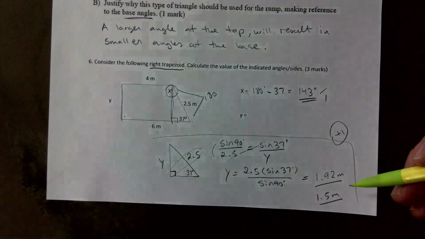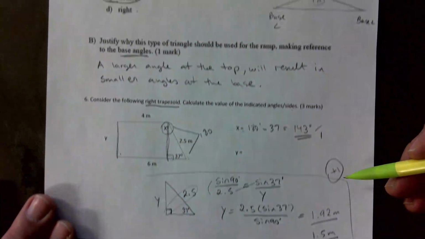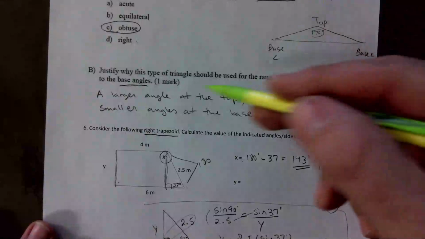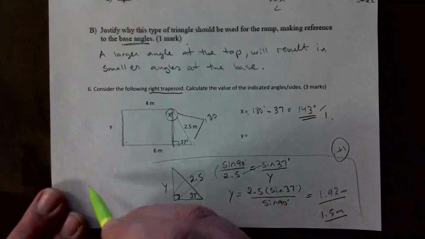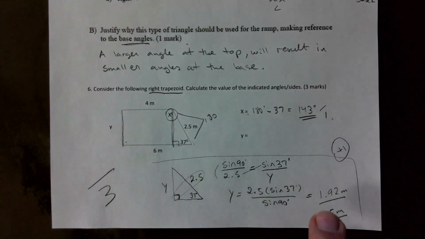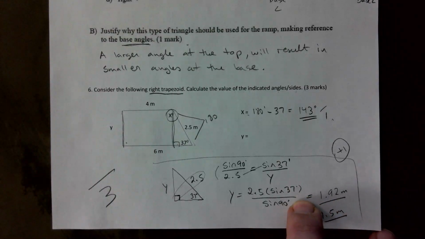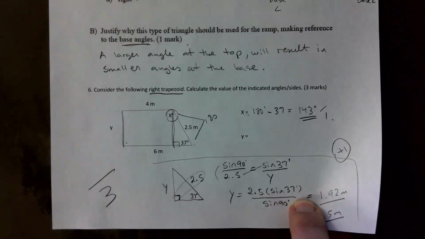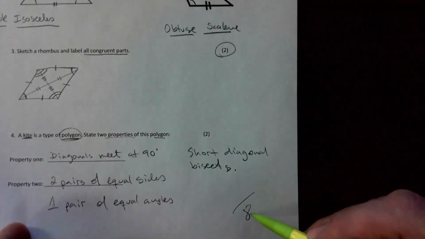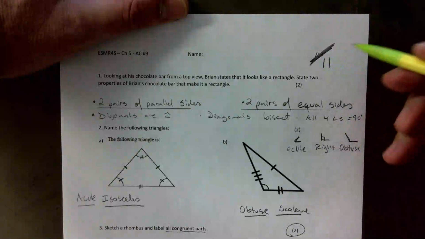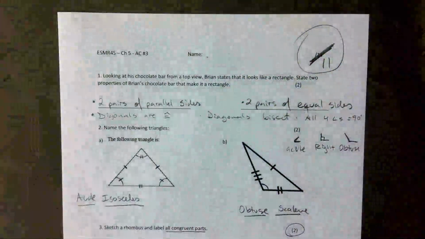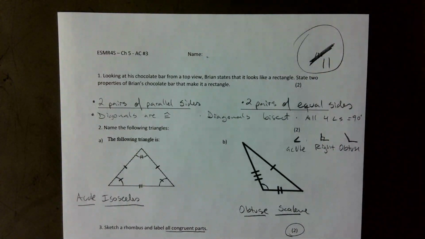So if you have one of these two answers, it's all or nothing. There's no halfers there. So what are we at in terms of marks? We've got 1, 2, 3 marks, and then potentially bonus. So you could score 4 out of 3 on this page if you got it right. So what are we at? 8 and 3 gives you 11. So we're going to change that total that's on this page. Just cross it out like this and just make it out of 11. Your name and last name, and I'll take it from you. And then go to